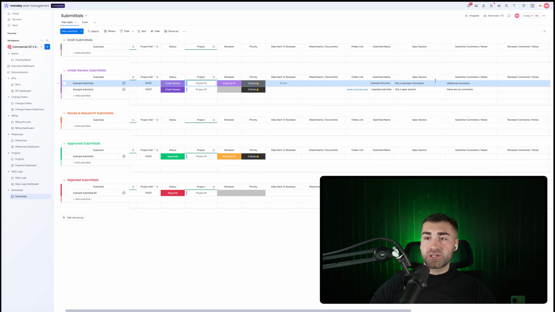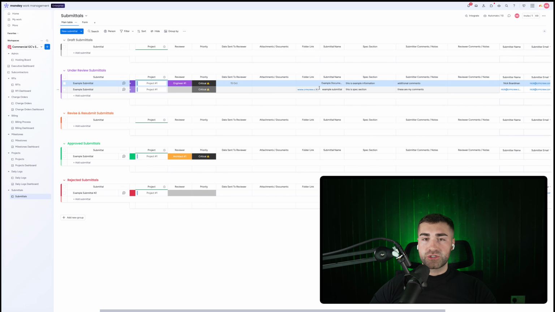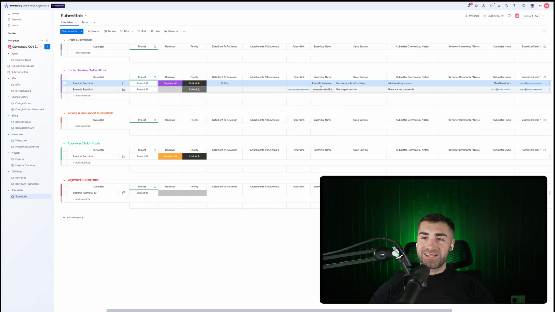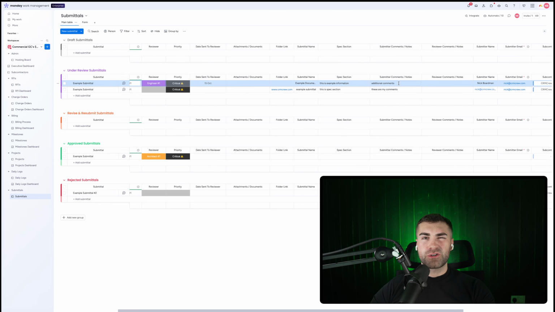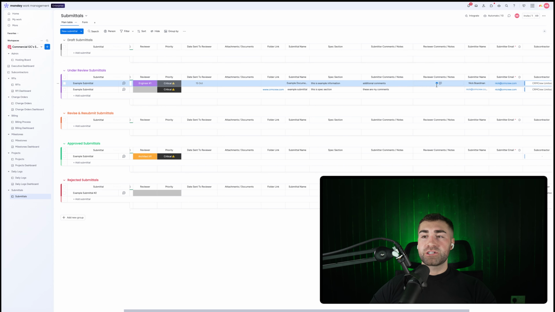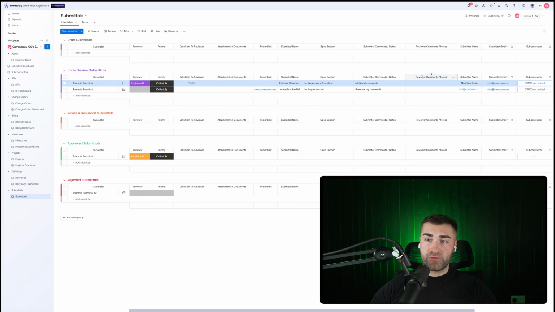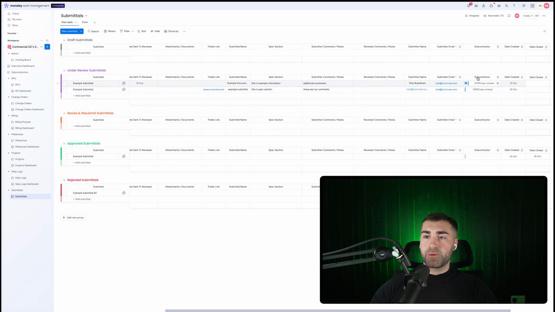And then we have a spec section, so the subcontractor who's submitting this submittal can enter in the specs and key information. We also have submitter comments and notes as well, so they can just add additional things that might be relevant for you. And then we have reviewer comments and notes, so we can see who's reviewed this, what they've said about it, if there are issues, whether it needs to be revised and resubmitted, whether it's rejected or it's been approved. And then we have the person that submitted it, their actual details, so their name, their email,